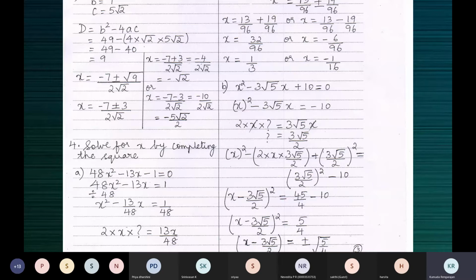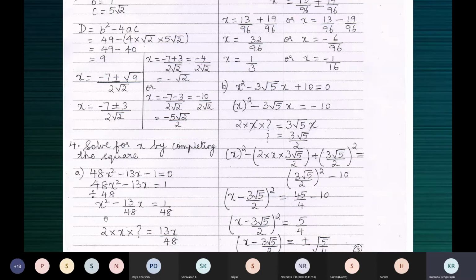So we'll divide by 48 throughout. That's the next step. Always, whatever is the coefficient of x square, we divide by that throughout. Then only the coefficient of x square will be 1. So first step is to write the x square term and x term on one side and shift the constant. Then look at the coefficient of x square. Is it 1? No. Then divide by that throughout. The coefficient is 48, right? Divide by 48 throughout. So what will happen?